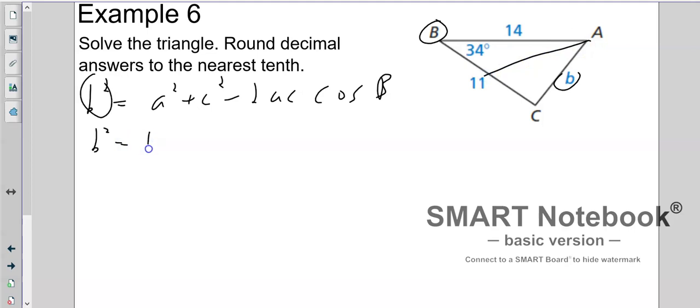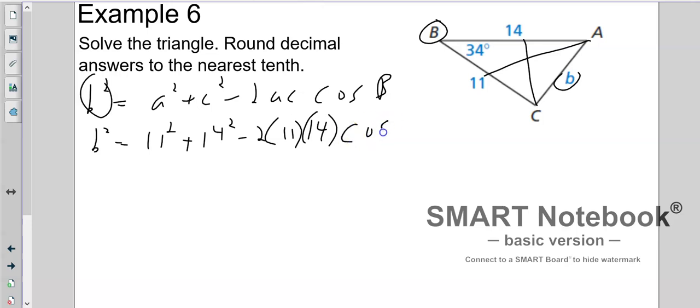What's a? 11 squared plus c, 14 squared minus 2, and then those two numbers again, 11 and 14. And the cosine of 34. Okay, so you're going to take this slowly. You could write this all out,